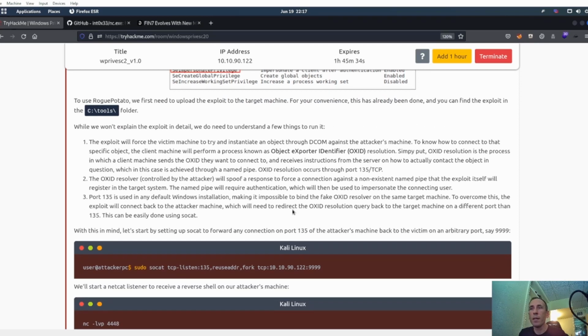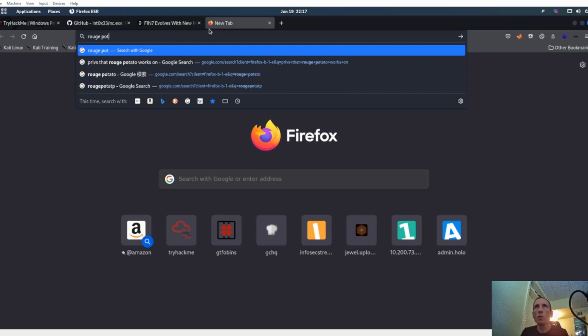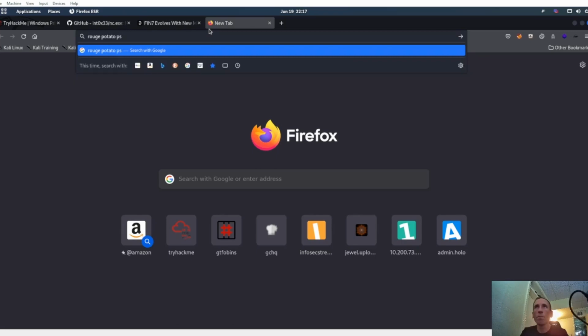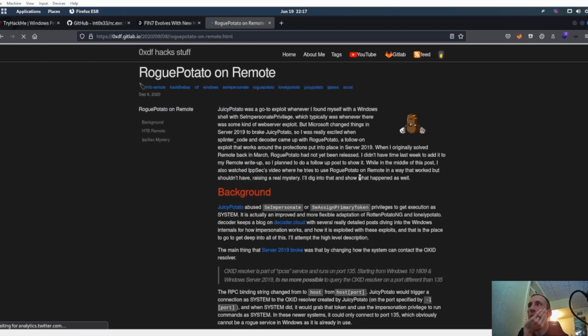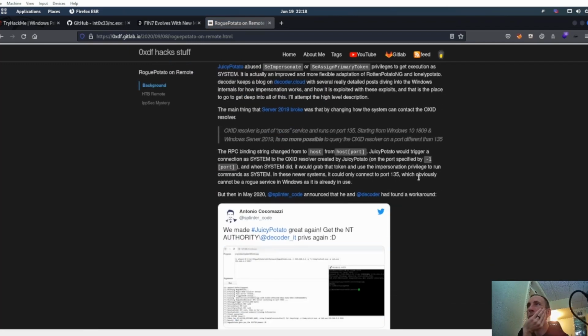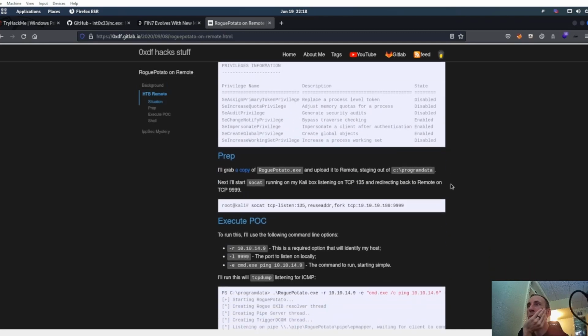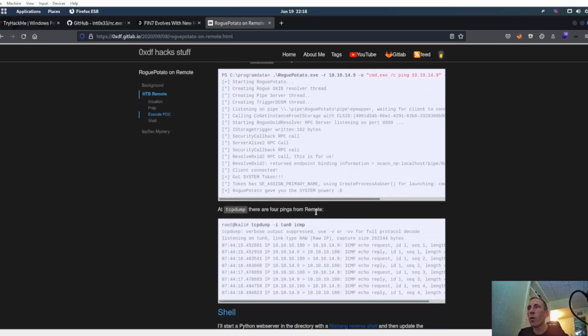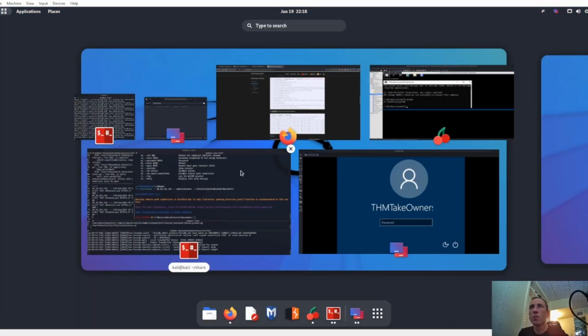And we're going to use Rogue Potato to be able to do this. I wonder if we're using the PS1 file. So he does not have the PS1 file on there. Let's see here. RoguePotato PS1. Or we used Hot Potato PS1 last time, didn't we? So he's calling for Netcat to come back to him. Now remember, you can download Netcat's binary, right? So, but he's saying,